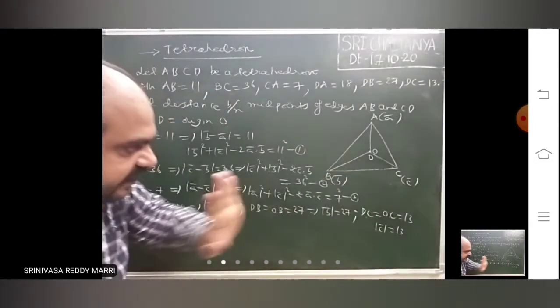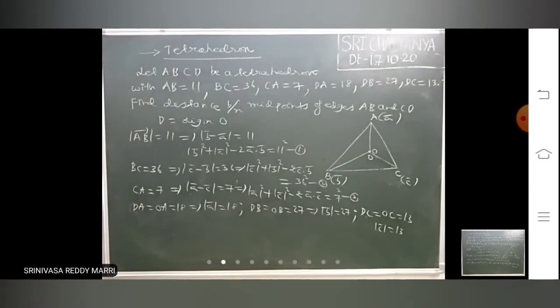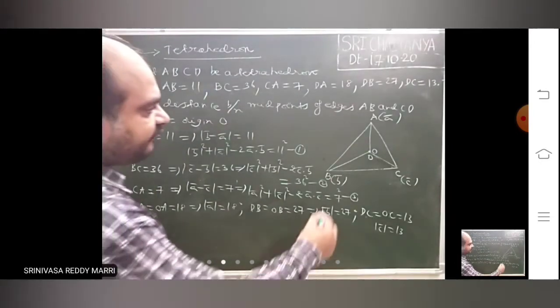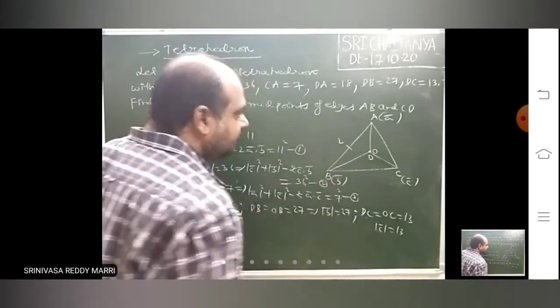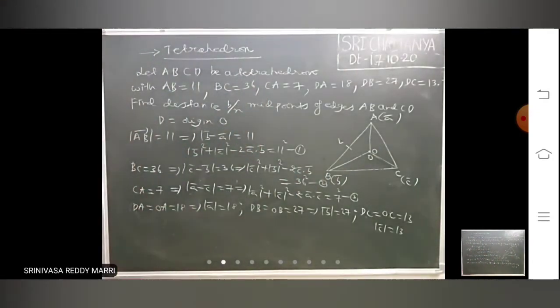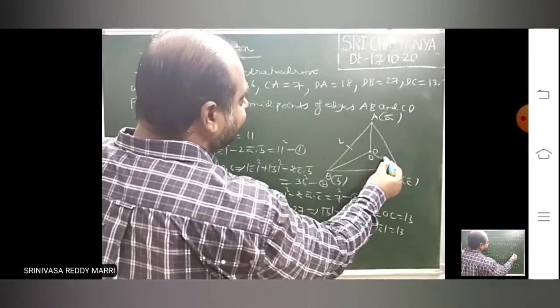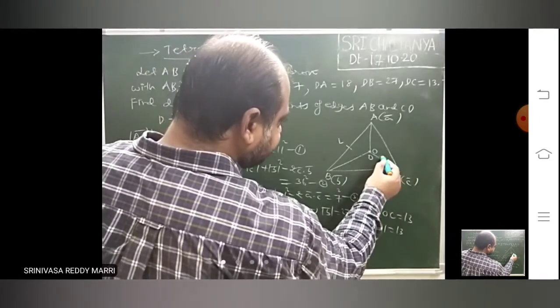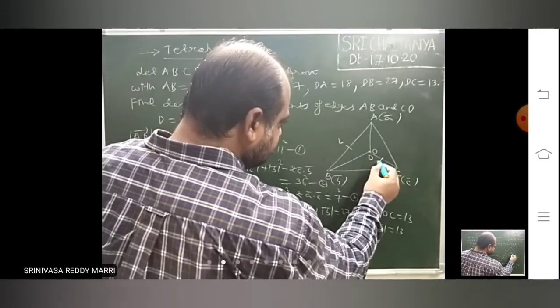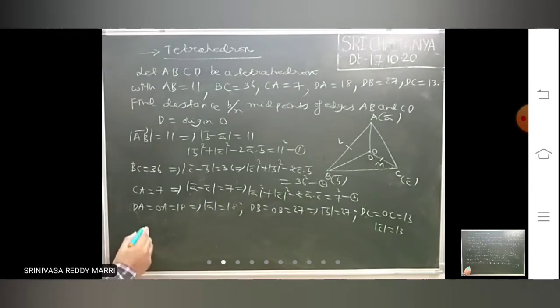This is the information he has given. In terms of vectors we will write first. Then what he is asking: distance between midpoints of AB and CD. Let us say midpoint of AB is L, and midpoint of OC is M. Right? LM. For calculating length, I am calculating LM bar first. LM bar is nothing but OM bar